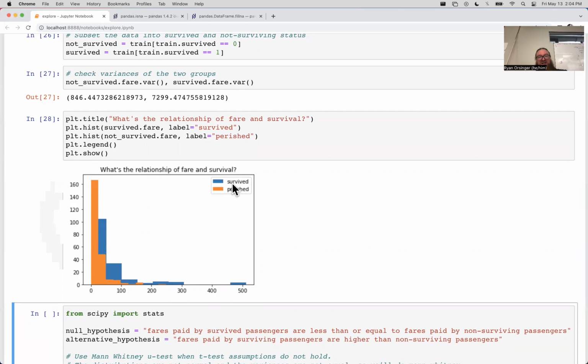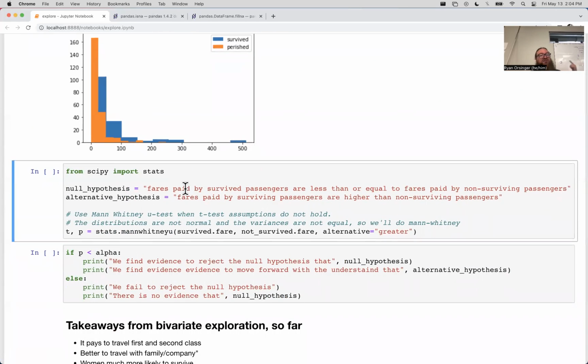It kind of looks like there's more blue above the perished. So blue is survived, orange is perished. This seems to support the claim that the higher fare you pay, the more likely you are to survive. This is a great example where the visual is unclear, meaning the visual is not going to make it to my final report, but I do need to run a hypothesis test.